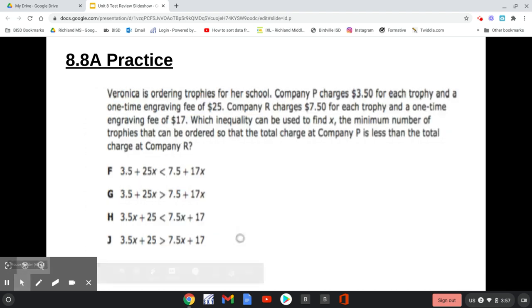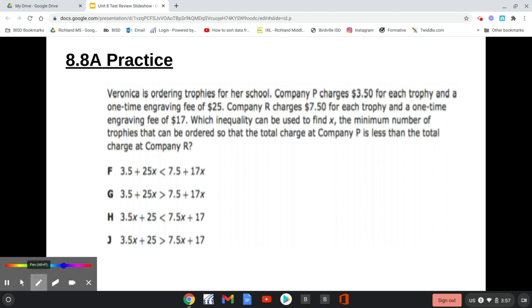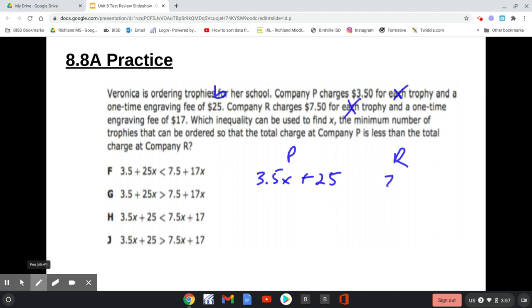Let's go to the next one. Veronica's ordering trophies for her school. We have two companies, company P and company R. This company charges $3.50 for each trophy. There's our X, and a one-time fee of $25. That's your B. So we have 3.5x plus 25. And the other company charges $7.50 for each. There's your X, 7.5x, and a one-time fee of $17. That's your B. Which inequality can be used to find X, the minimum number of trophies that can be ordered,